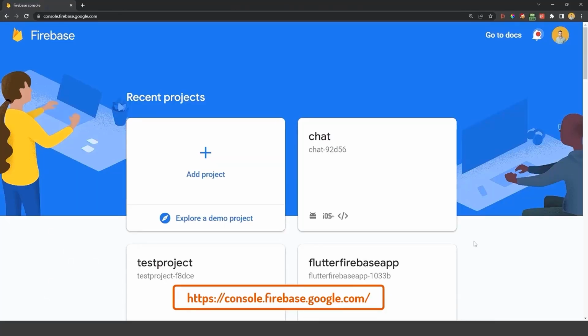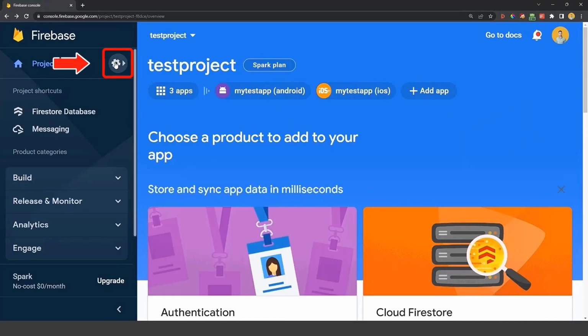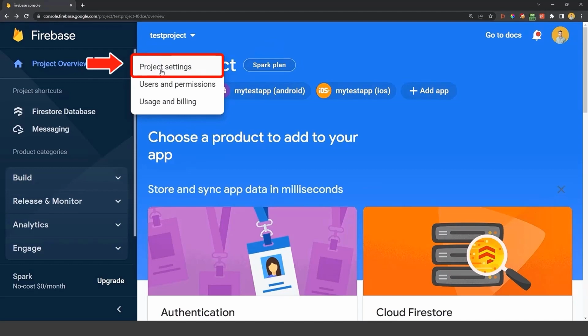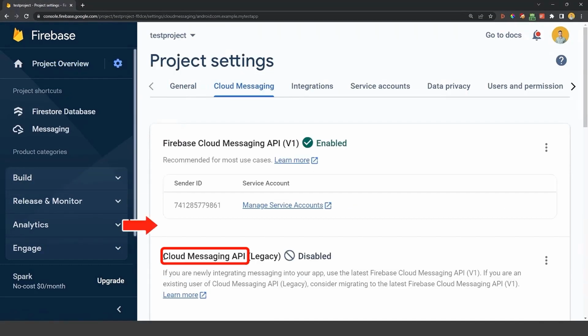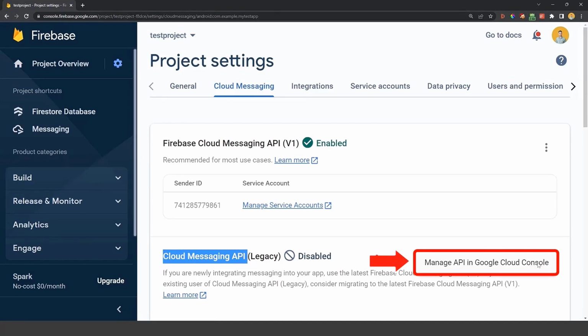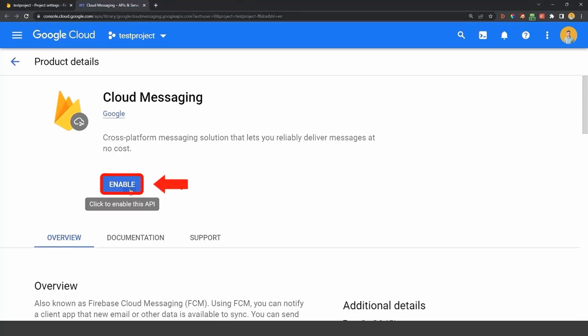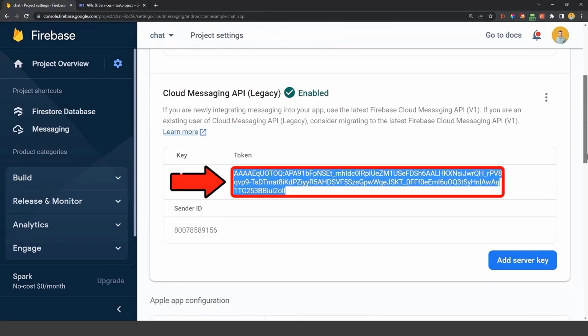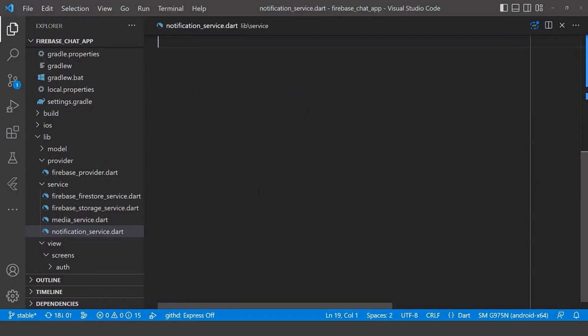Go to the Firebase console and select your project. Next, click on this gear icon and select project settings. Click on this cloud messaging tab and go to this cloud messaging API. Click on these three dots. Now click on this option. Now inside the Google console, enable this cloud messaging API. After this, you can copy this server key and go to inside your code and create notification service class and